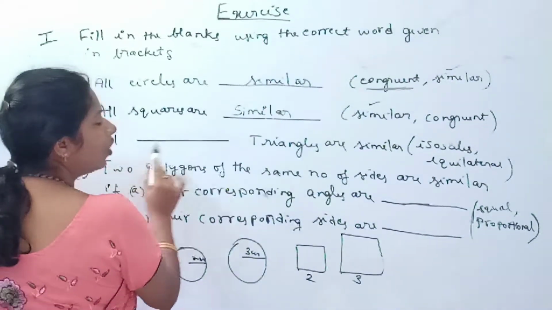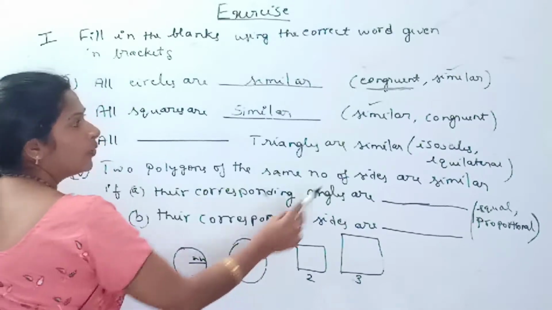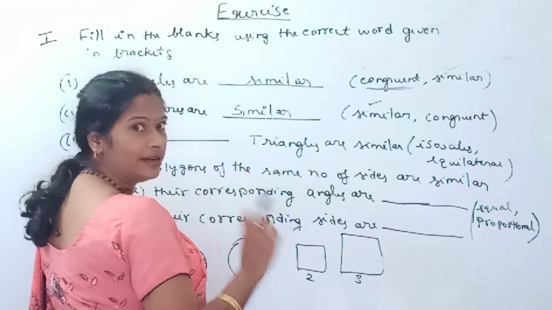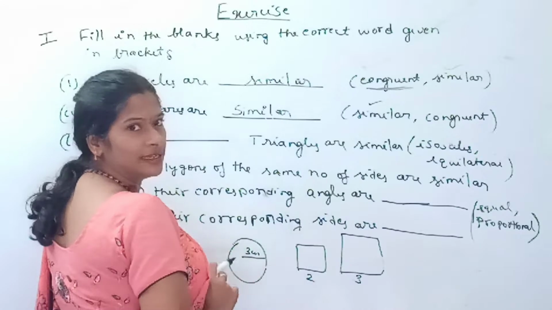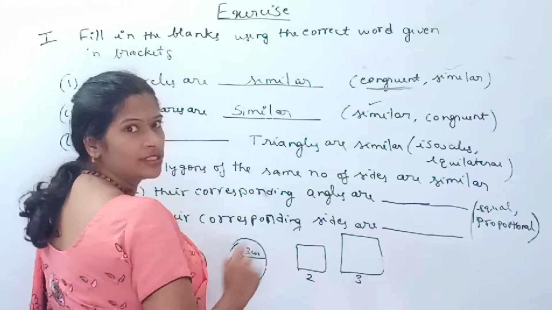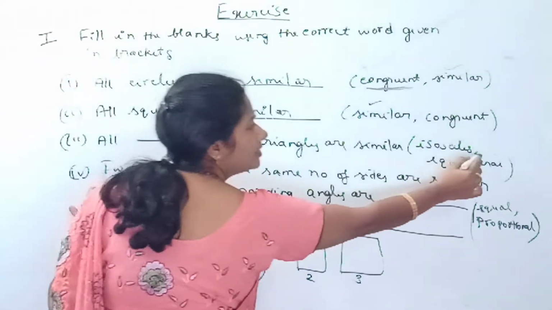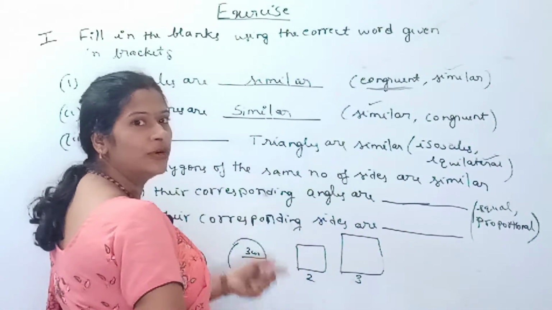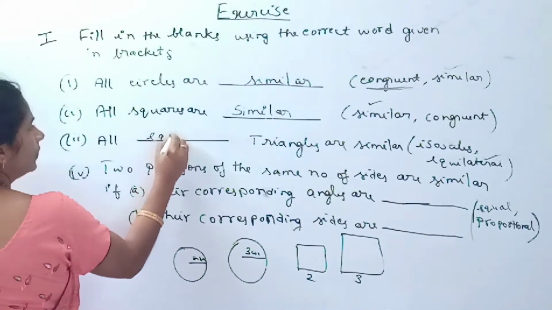Coming to the third question, all dash triangles are similar, isosceles or equilateral. What do you mean by isosceles triangle? In a triangle, any two sides are equal. What do you mean by equilateral triangle? In a triangle, all the three sides are equal. Isosceles triangles cannot be similar because corresponding sides are not in proportion. But the answer is equilateral triangle, corresponding angles are also equal and corresponding sides are also in the same ratio. So the answer is equilateral